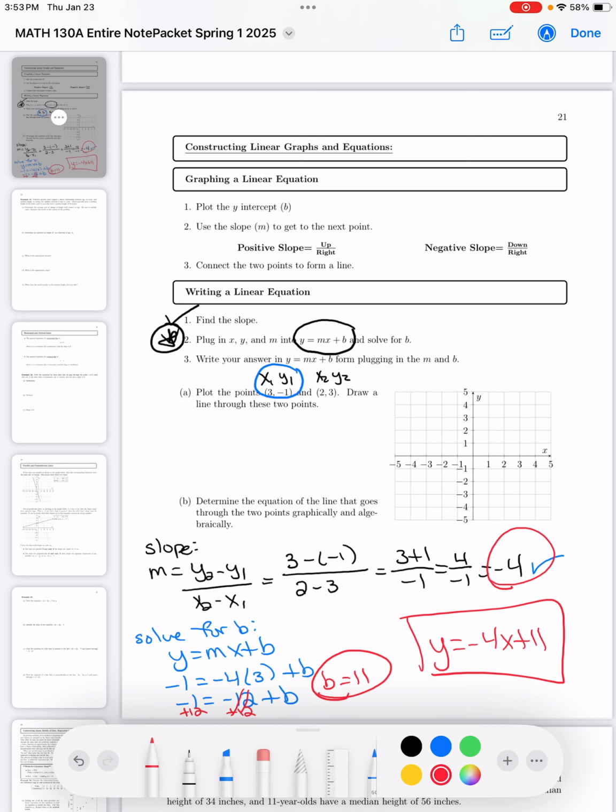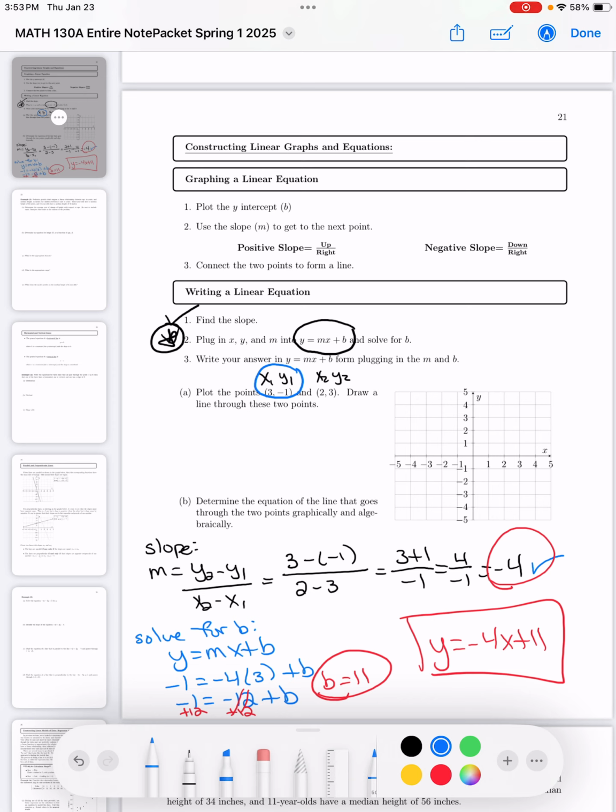Make sure that step 2, solving for the y-intercept, finding b, the y-intercept, is the step that gets people. All right, now that we've got the hard part out of the way, let's go back and graph our equation